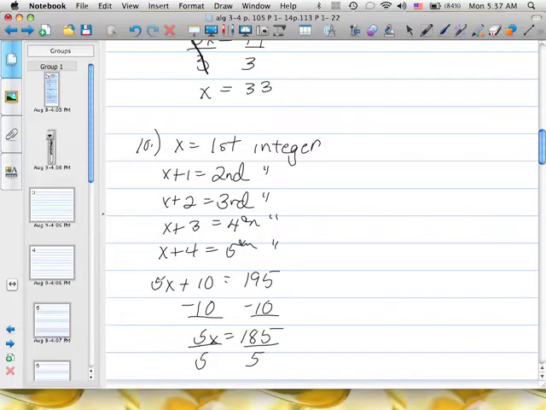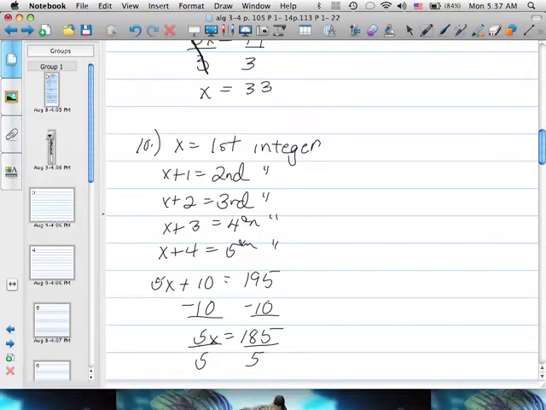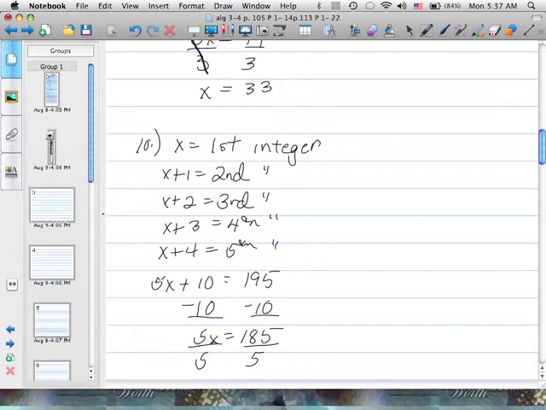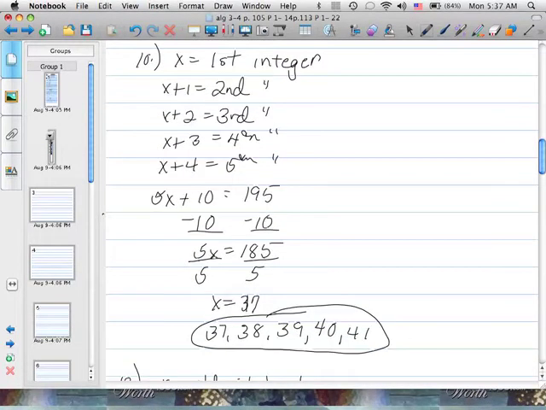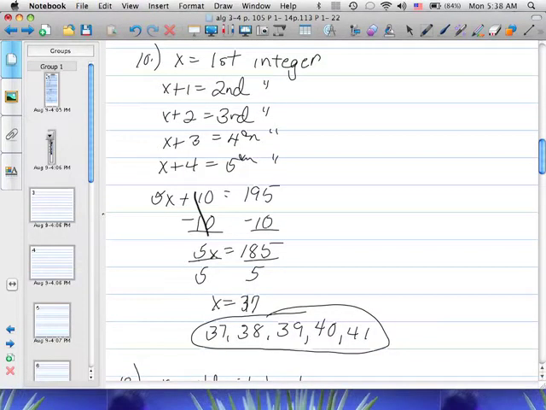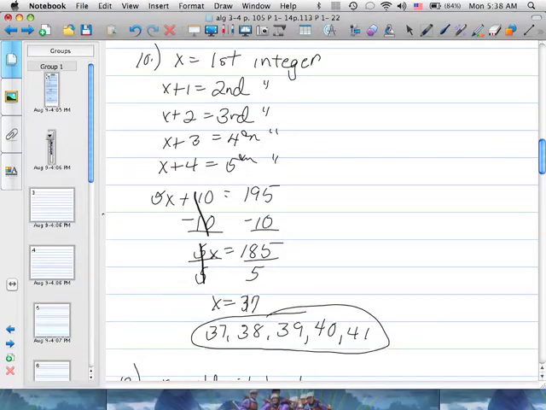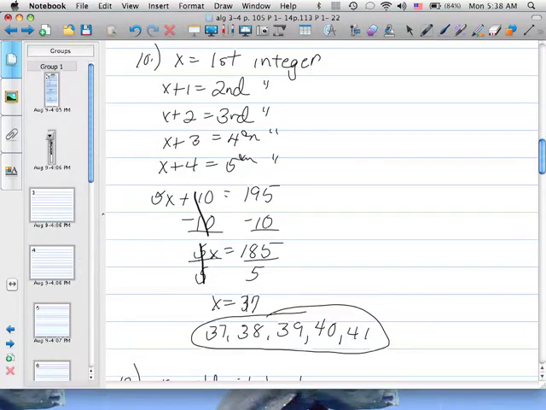Problem number 10: Find 5 consecutive integers whose sum is 195. So x equals the first integer. The next integer, we just add 1. x plus 1 equals the second. x plus 2 equals the third. x plus 3 equals the fourth. x plus 4 equals the fifth. And then it says that the sum is